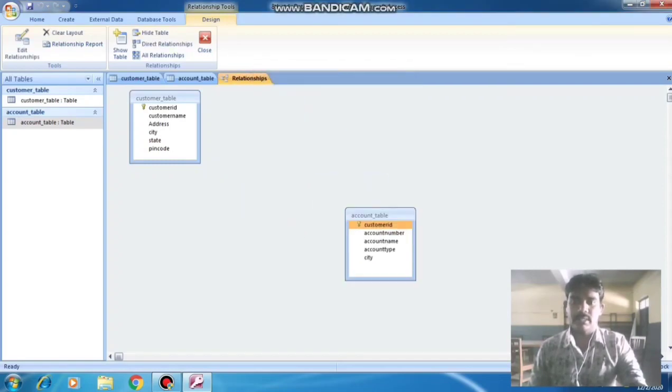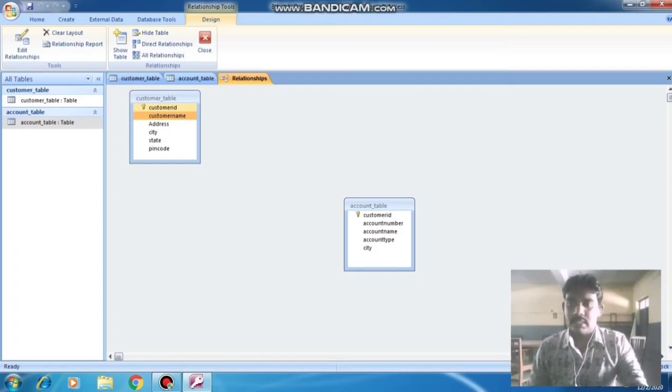Just click and drag and move here, keep some distance. After that, click on the customer table, left click and drag your mouse to the account table.